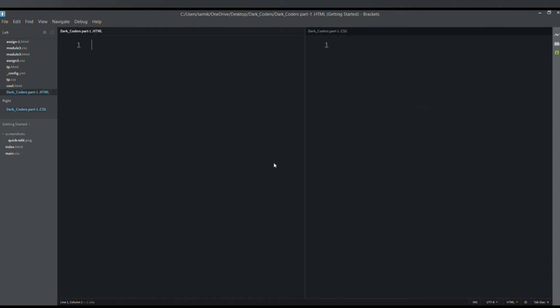This is how we are going to use the Brackets software. Now we are going to jump to JSBin software. I will tell you how to use JSBin also. I have already logged in. You can also log in, but there is some age limit, and if you are not of that age, use your parents' Gmail to log in. It's not necessary, but I have logged in because I am used to using this kind of software.